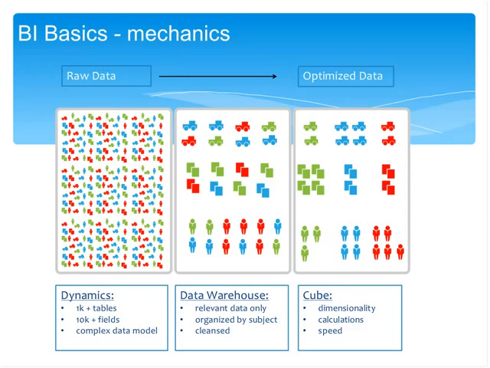So the starting point for us is the raw data. This is our Dynamics system. You can have a lot of tables. You can have a lot of fields. The relationships between them lead to a complex data model that is pretty hard to visualize and definitely quite hard to work with. So the first step is to go and create a separate SQL database, data warehouse,